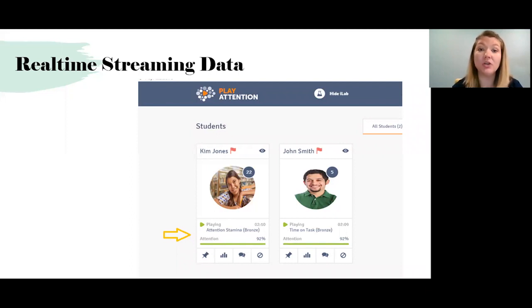Because of that, you're going to get real-time streaming information of how they're doing, what their attention percentage is, how far they're into the game, all of that information that you would see when you're right next to them. You're going to have access through it as one of the iLab features.